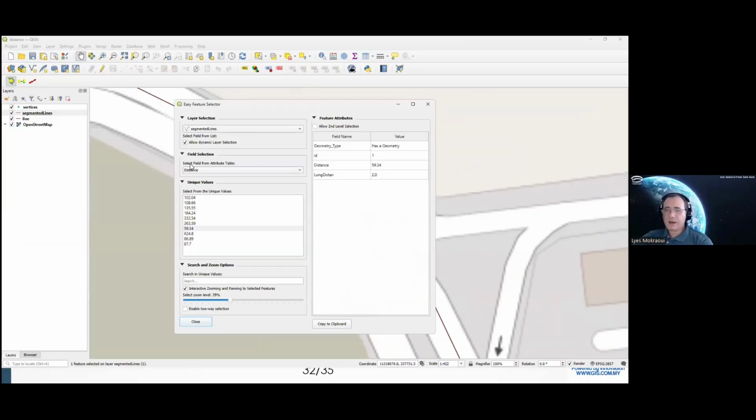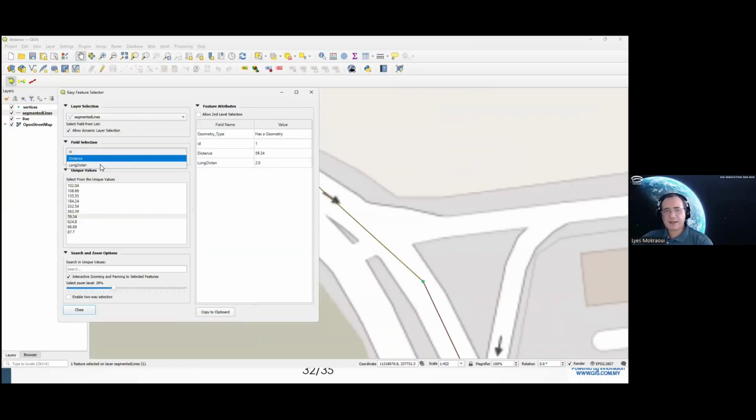But now, if I select something else, if I select long distance, oh, hang on a second. Before that, I just want to show some things on this panel. And then we have the enable two-way selection. The two-way selection meaning that,